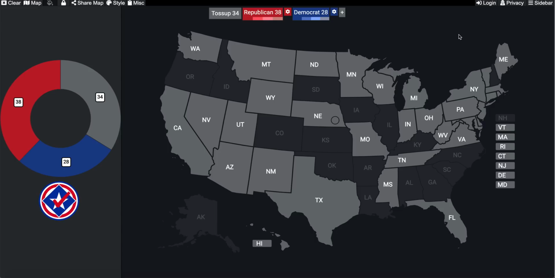On your screen right now is the 2024 Senate map, including all of the special elections, really only one in the state of Nebraska, where the former governor has now been appointed to fill in that seat. And for the remainder of the seats, these are the same class of Senate seats that are up every 6 years. The last time you've seen this map was when I was making videos about the 2018 midterm elections.